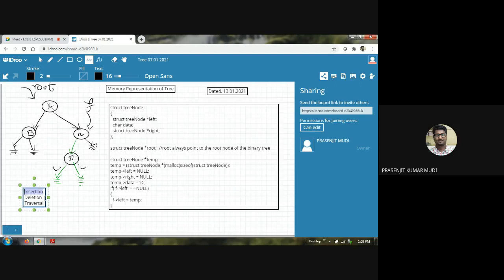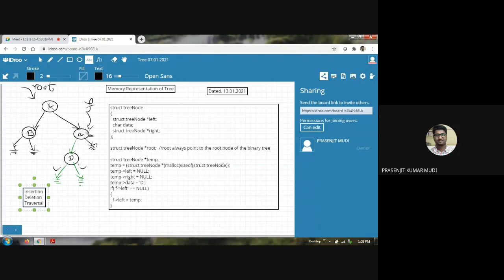Straightforward. But deletion means, for example, here in this scenario, whatever picture you can see over here, if I want to delete C, then it will create a very pathetic problem. So you need to do some adjustments.